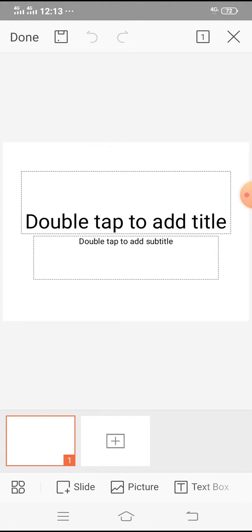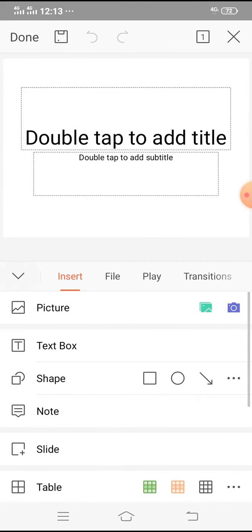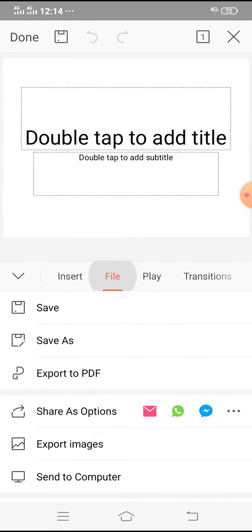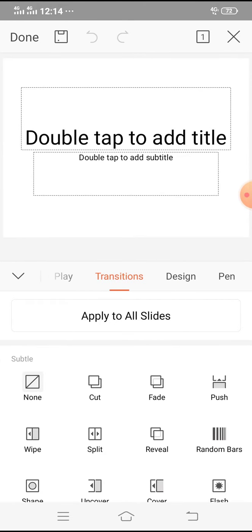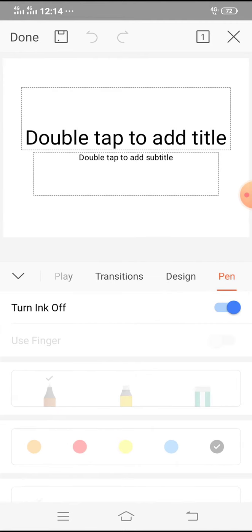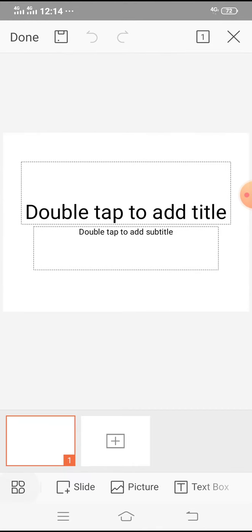After it there is the menu bar. You can see different menus here: insert, file, play, transition, design, pen. You can insert a new slide from here. You can insert a picture, text box and shape from here.